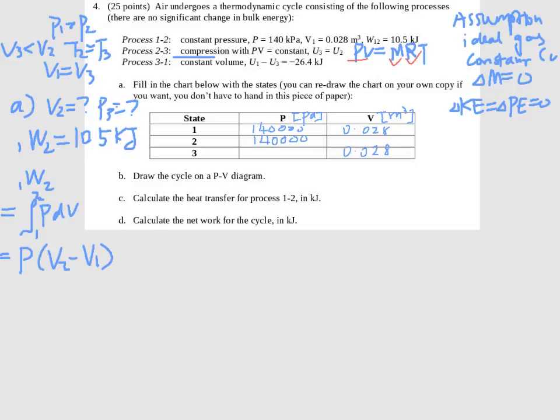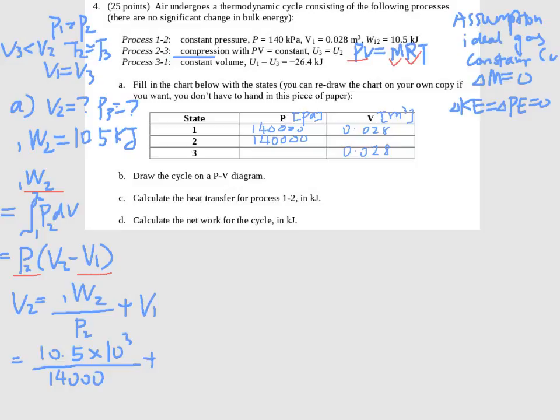So we know work, we know pressure, we also know V1, we need to find V2. So we know everything, we just need to rearrange this equation and find our V2. So V2 is just work from 1 to 2 divided by pressure, so this is P2, or it can also be P1 because they're the same, and then plus the volume at 1. Now we just need to plug in the numbers. So 10.5, since this is kilojoules, we're going to multiply by 10 to the third to make it the basic units. And pressure at 2 is just 140,000